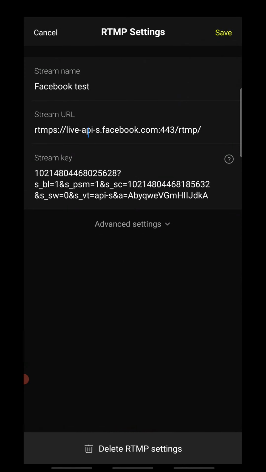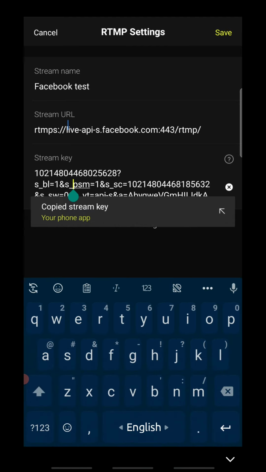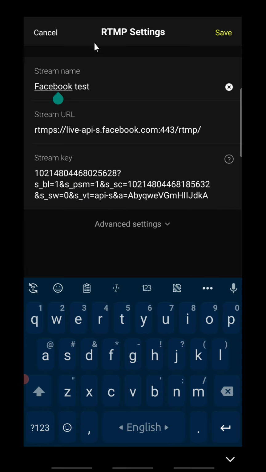This is something I need to show you. Maybe you want to go live in a private group. Currently no app or platform is going to allow you to go live in your private groups, but you can do it using Prism Live Studio using the stream URL and stream key from the page or group or any platform, maybe a web platform where you have the RTMP settings.